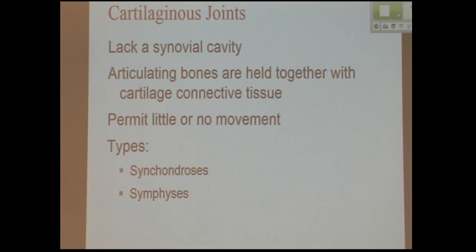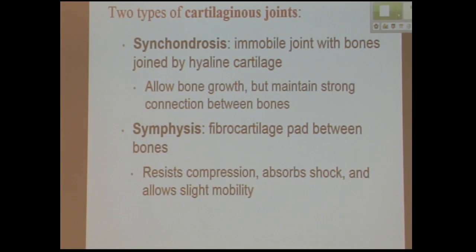All right, and then we have our cartilaginous. So got some cartilage, little to no movement. Once again, there's no synovial cavity in the fibrous or the cartilage joints. Two main kinds. We've got basically the epiphyseal plate. So that's called a synchondrosis. And the function of that one is to let the bone grow from the middle, basically. So if you think about, when we were looking at those growth plates,